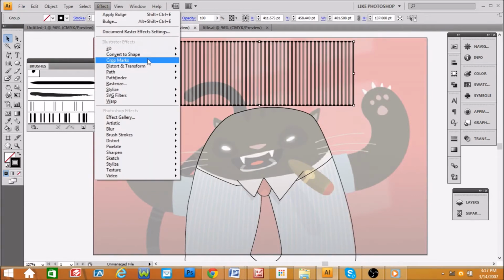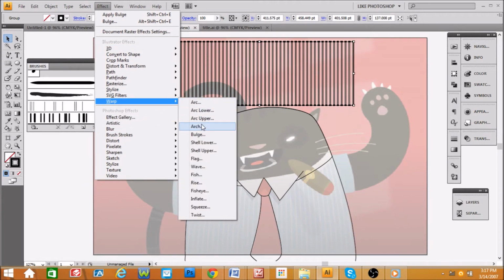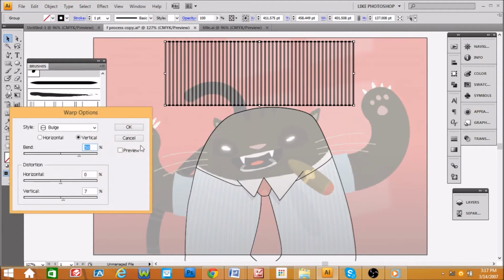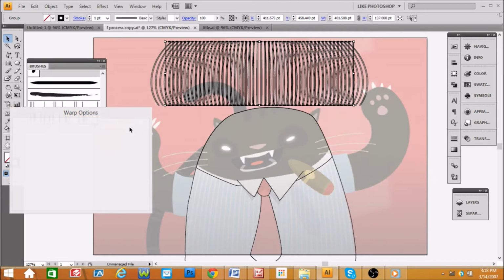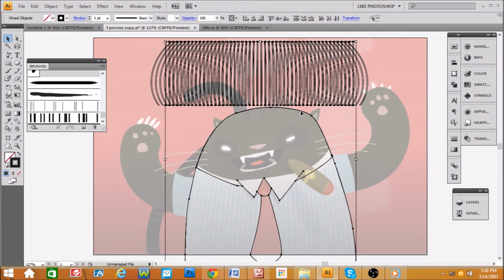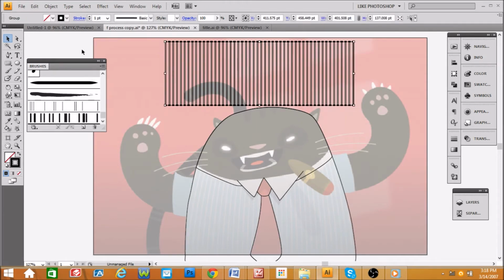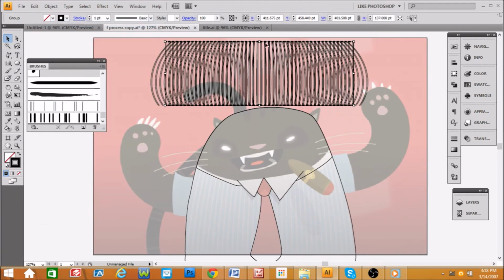go into effect, warp, and bulge. Now we select preview, and I think 7 is a good distortion for the cat, and I put the bulge at 50%. Alright, so let's select OK, Control Z, redo warp, sorry,